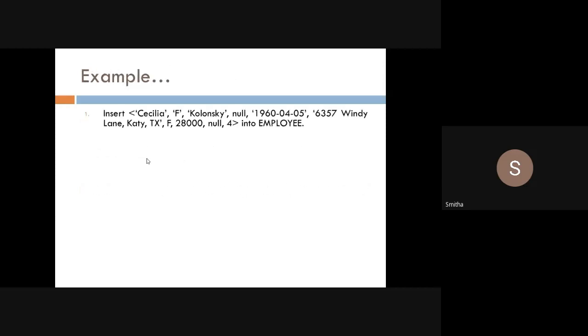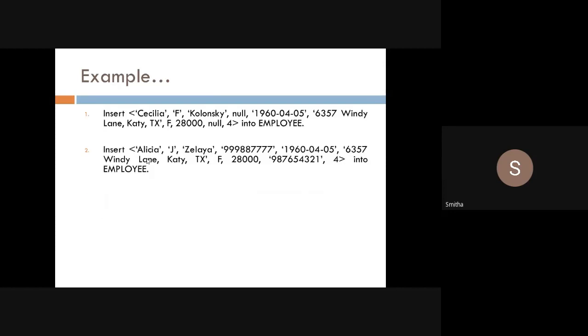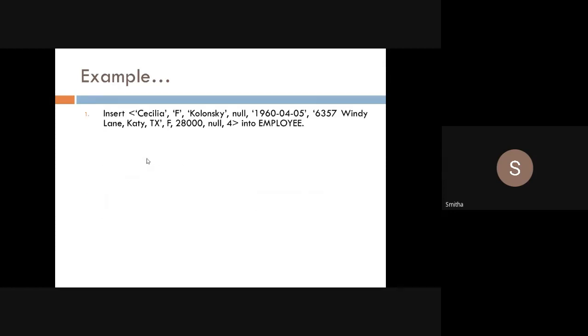Okay, the example is here. See, students, the first example I will take: insert Cecilia, it is the name, then F, one more attribute value. See, students, in SQL we use the same method. Here insert is the command, and within triangular brackets, first I will give the less than symbol, and after entering all the attributes I will give the greater than symbol.